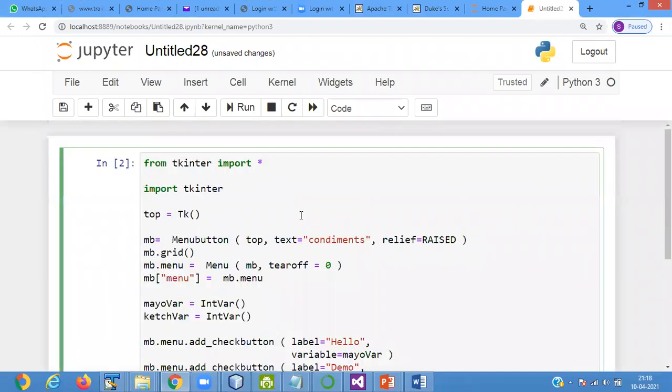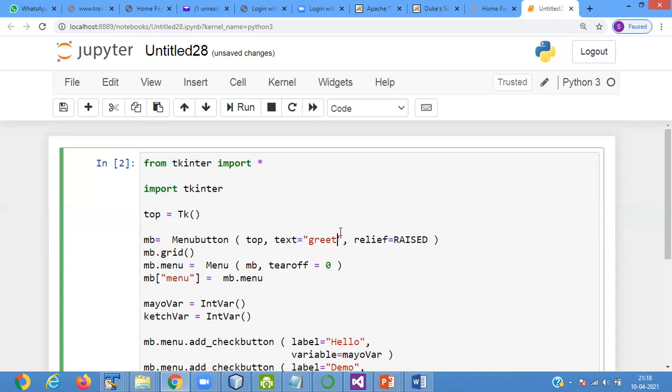It is defined here: from tkinter import star, then import tkinter as MB, menu button, text equals to the button name. Button name, suppose if I pass here greet. Then here we're using a method that is called as the relief method. What is the relief method?